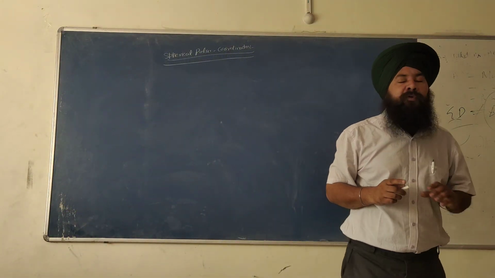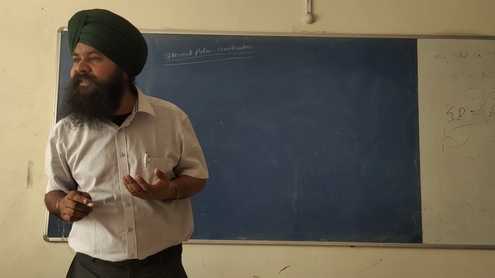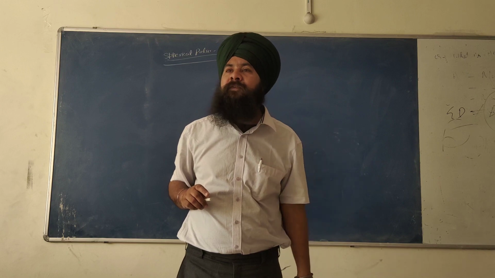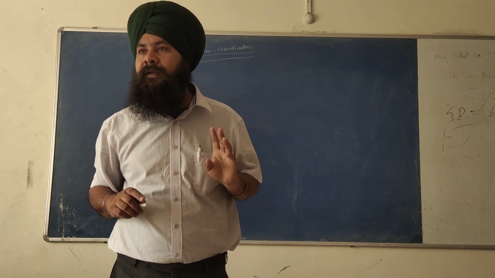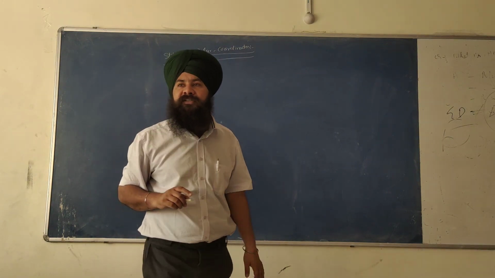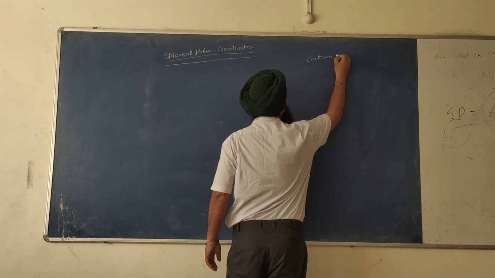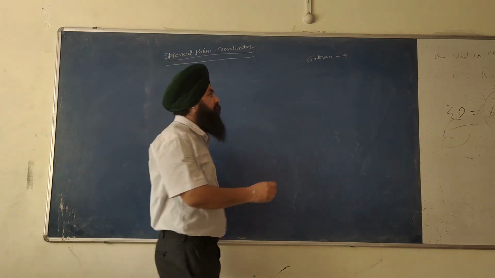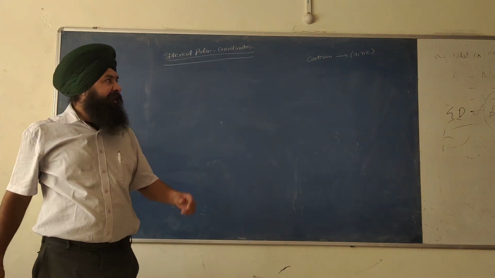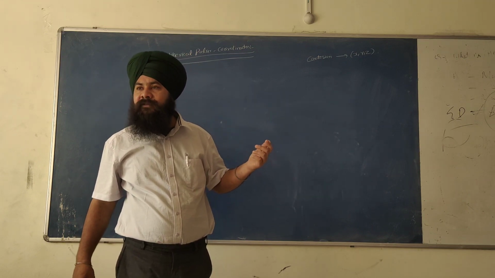Okay, see, first of all we have done the Cartesian coordinate system in the last lecture. To define a point in a Cartesian coordinate system we require three coordinates, that is x, y and z. So x, y and z are used for the Cartesian coordinate system. x, y, z are the physical quantities, the variables x, y, z. They define the points. x is the position along x, y is the position along y and z is the position along z.